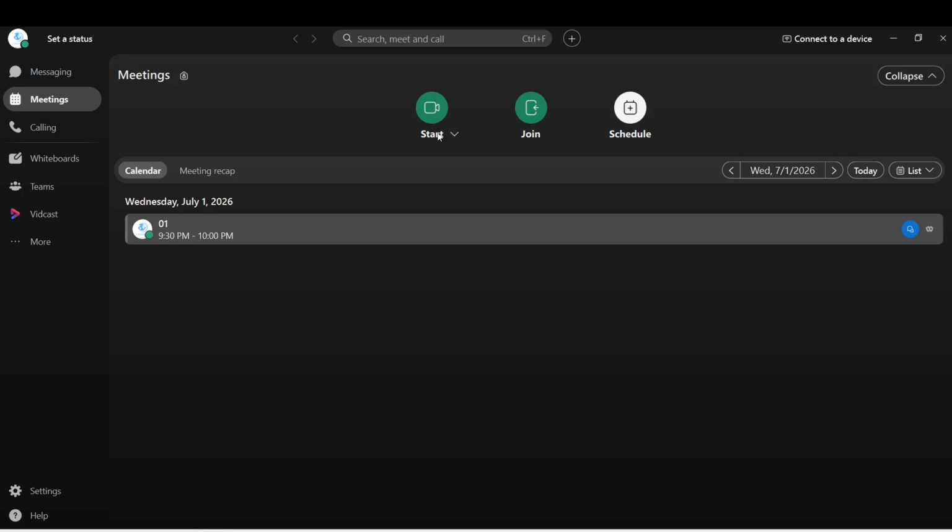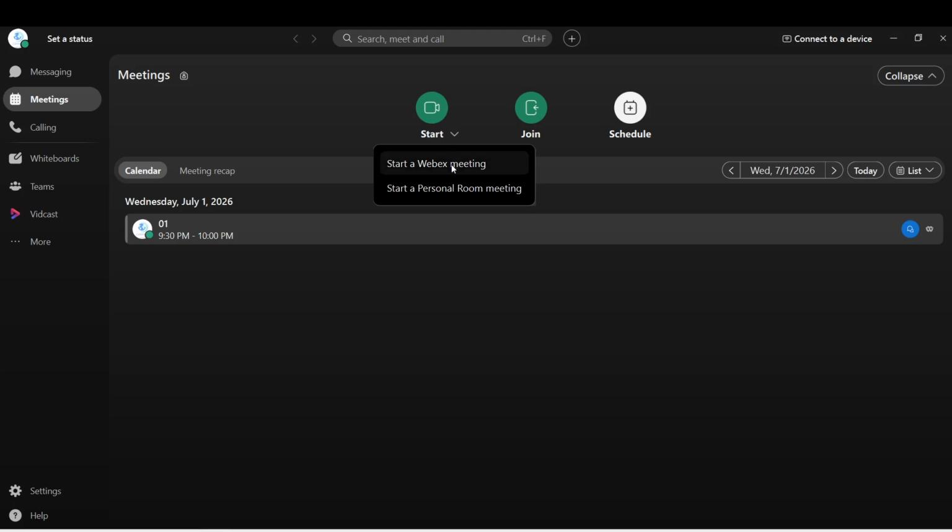From there, click on Start. This button is prominently displayed and will initiate your chosen meeting. After you click it, you will enter the meeting room. Starting the meeting is essential as it opens up all functionalities, including the ability to create polls. You'll be able to interact with your participants more effectively once the meeting begins.